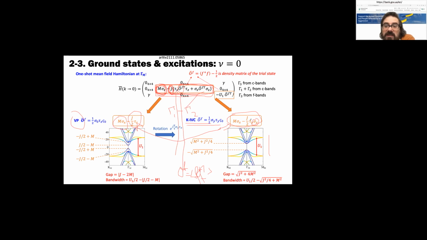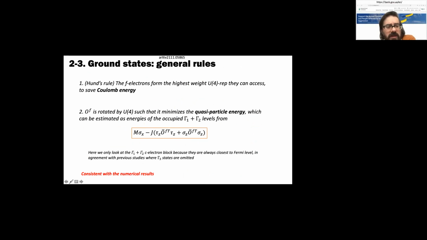And the reason is that the order parameter formed by the direct ferromagnetic interaction between the F and C electrons anti-commutes with a single particle term, whereas it commutes for the valley polarized state. So then you have these simple rules for the